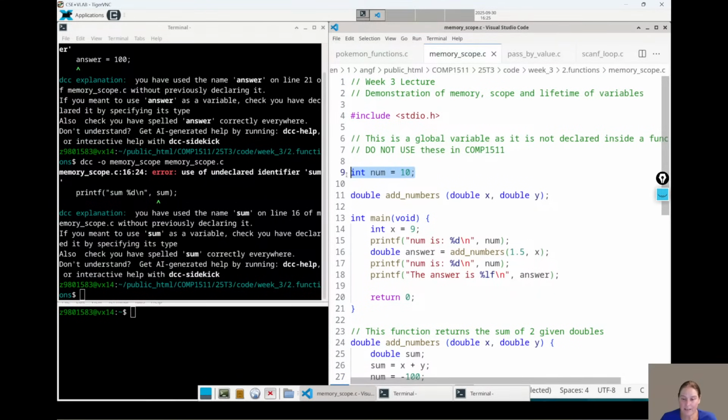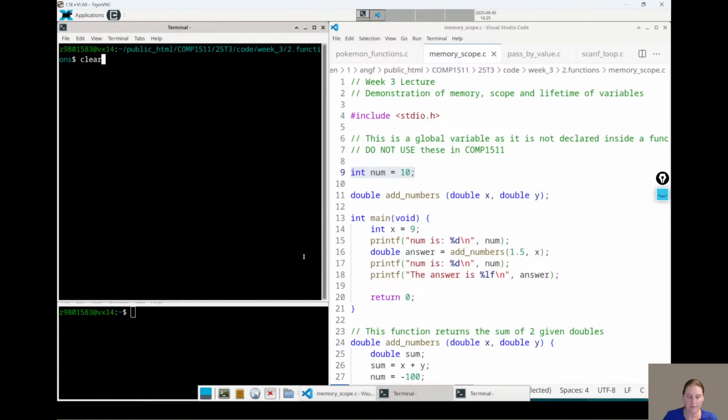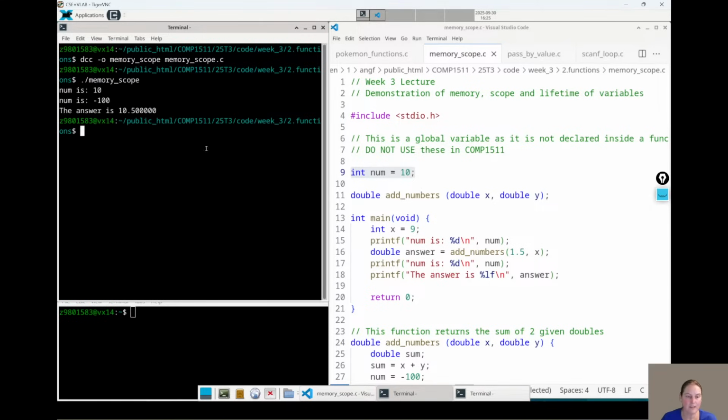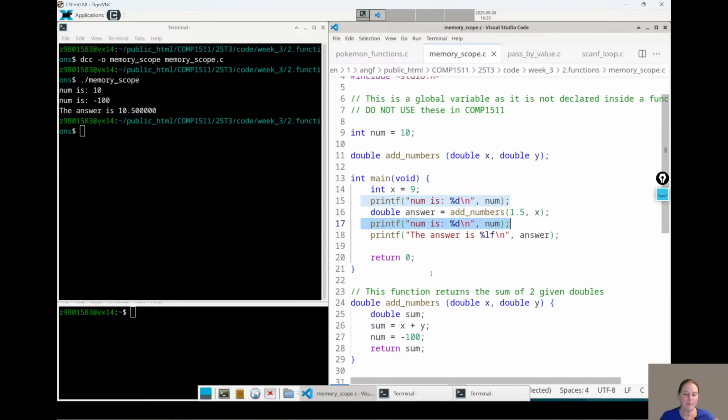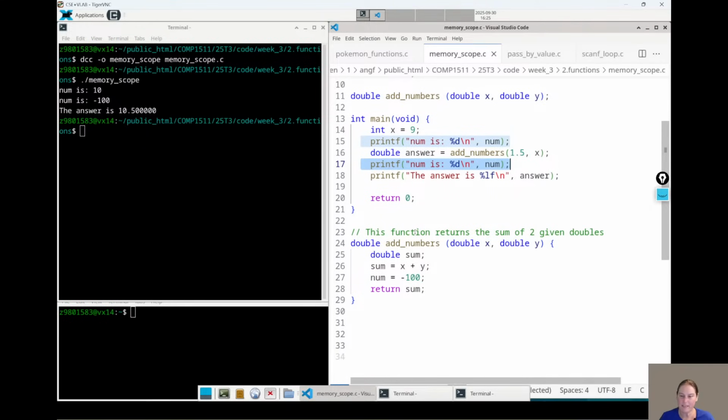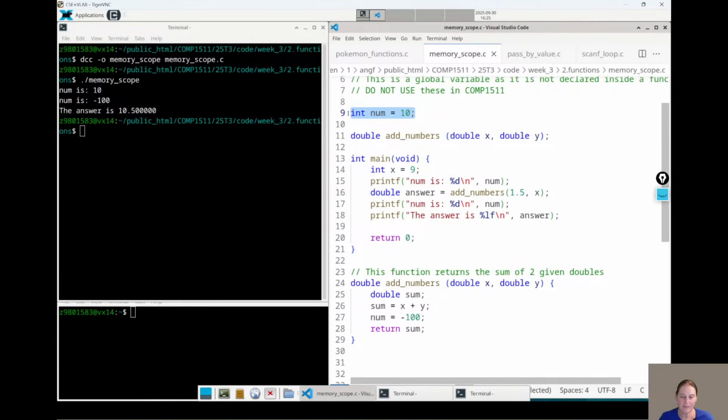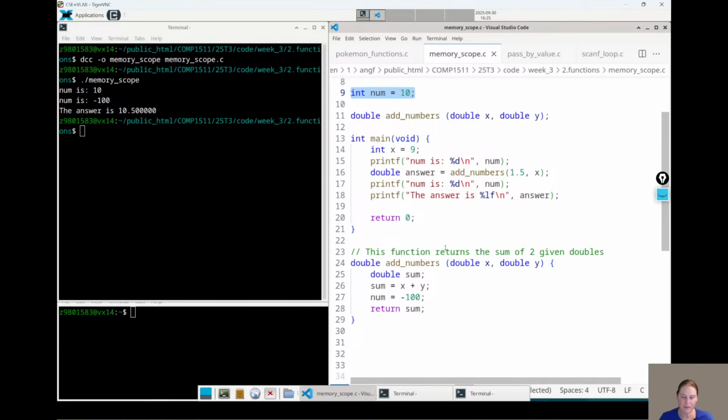So I could think, okay, this value is 10. So I'm writing my main function. I think that value is 10. I go call this function, add numbers, and suddenly it was able to go and change this global variable, and suddenly that variable's changed. And without me looking through all the code for all the places where it might have modified this value, it's going to be very hard for me to track it down. So it seems like it's a good idea, but it's not.